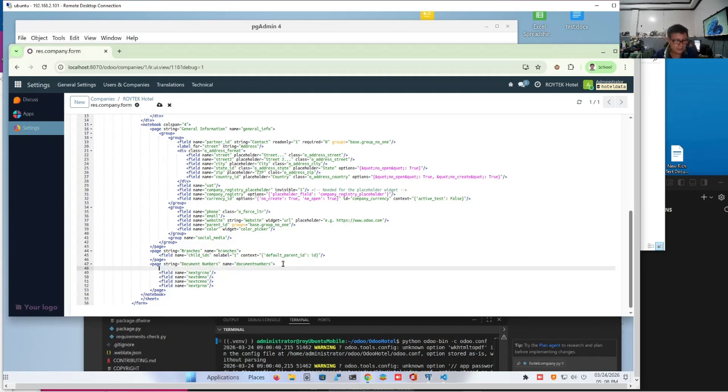Okay, group, and then we'll have an end group. So these are special tags that are not in HTML but only in an Odoo XML. Okay.